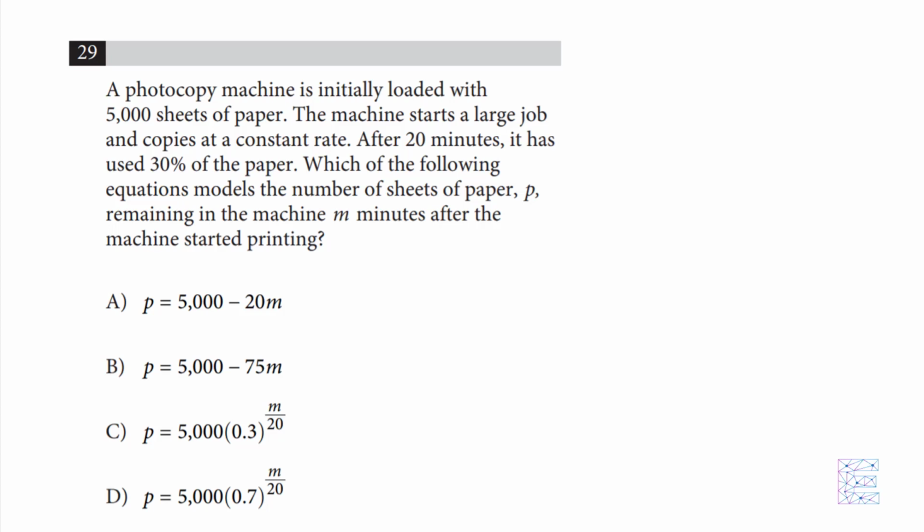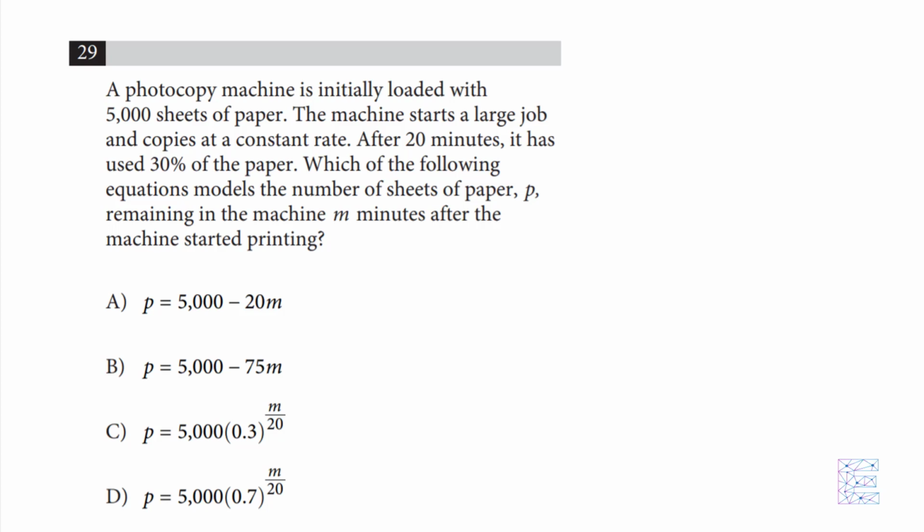A photocopy machine is initially loaded with 5,000 sheets of paper. The machine starts a large job and copies at a constant rate. After 20 minutes, it has used 30% of the paper. Which of the following equations models the number of sheets of paper, P, remaining in the machine m minutes after